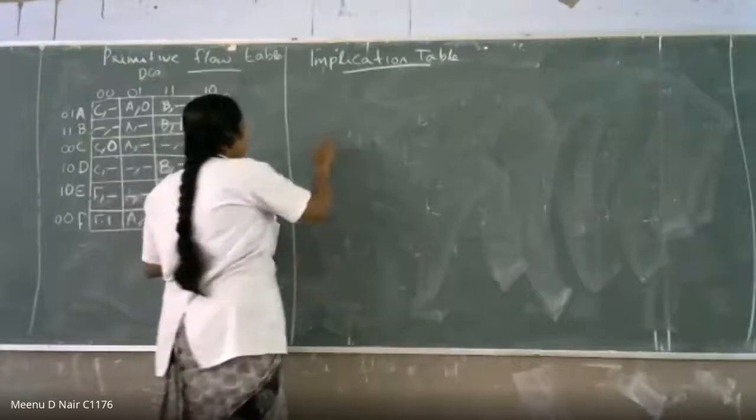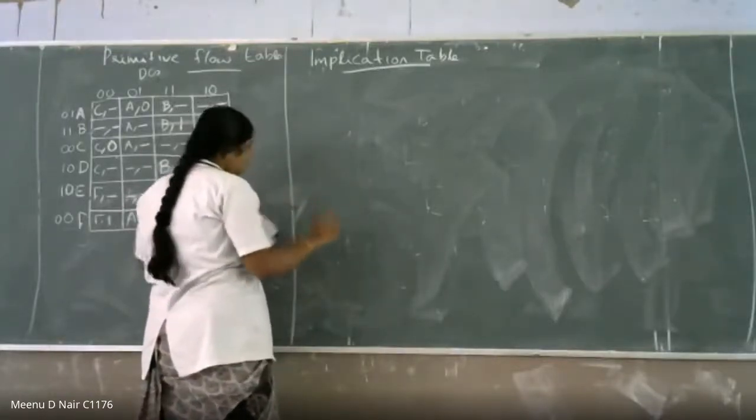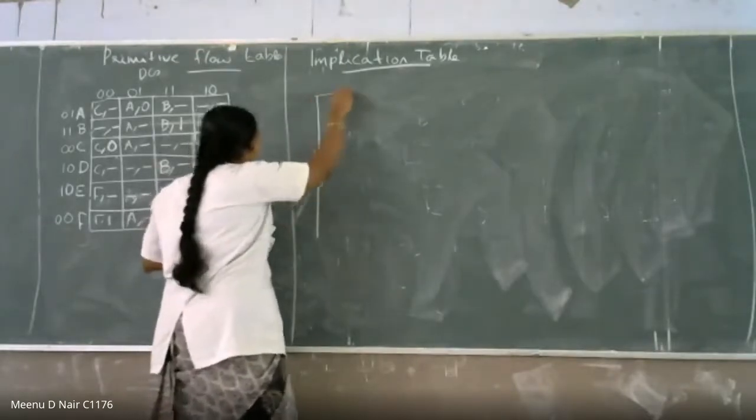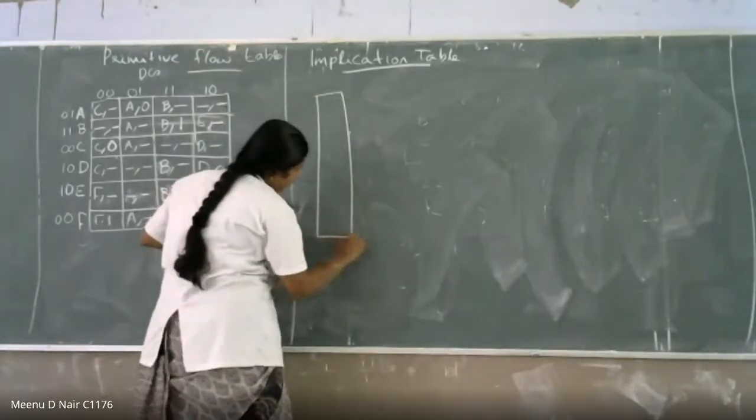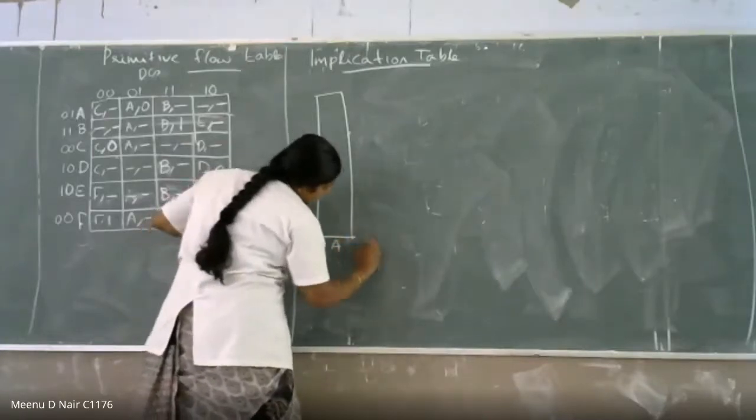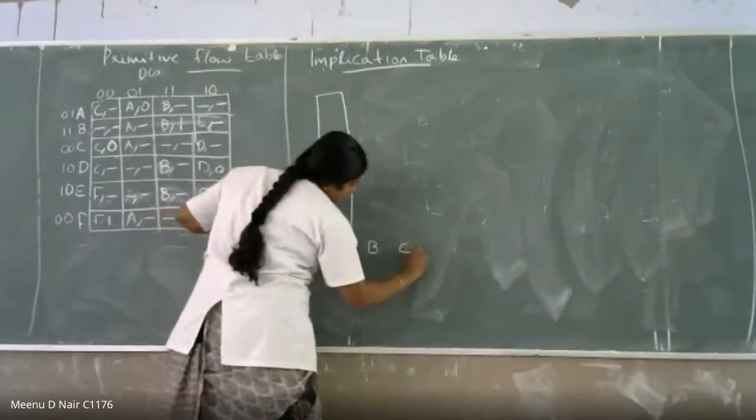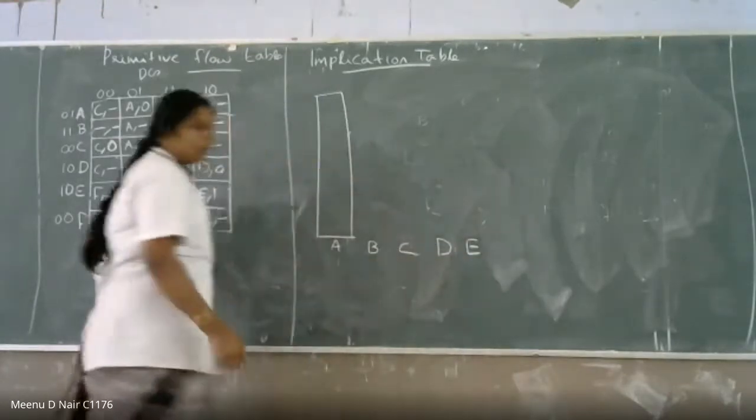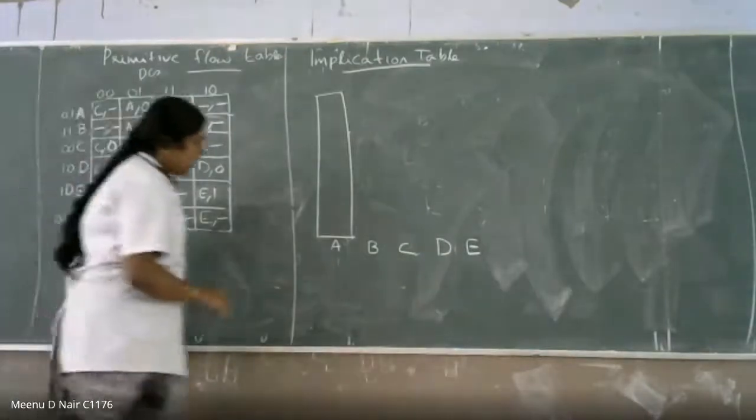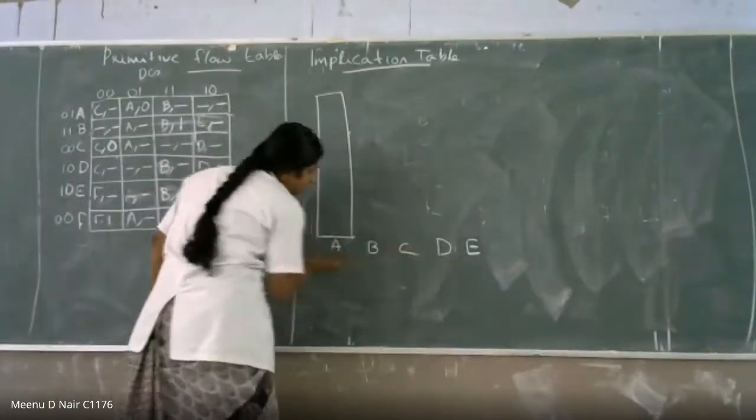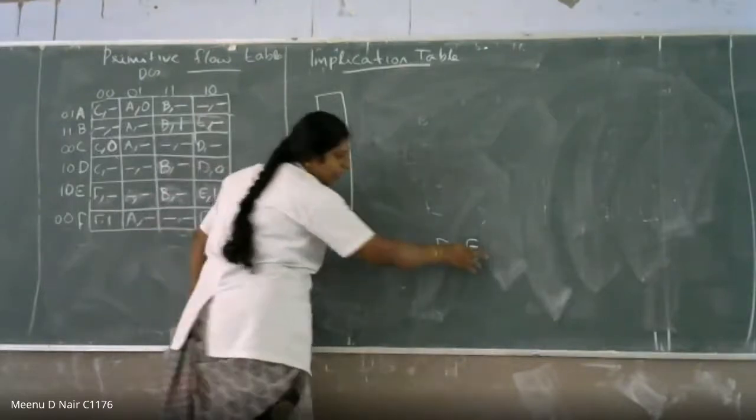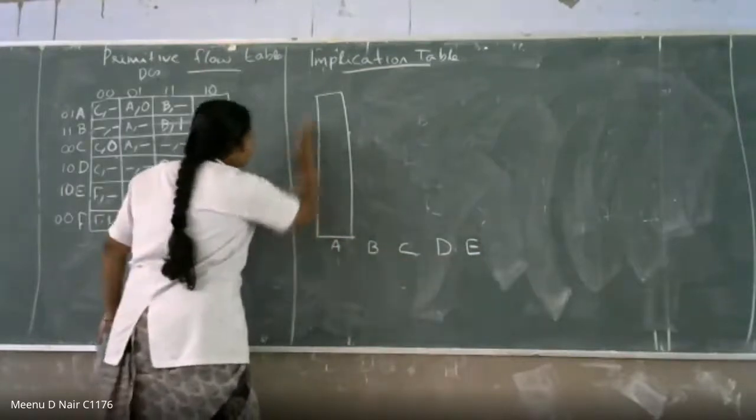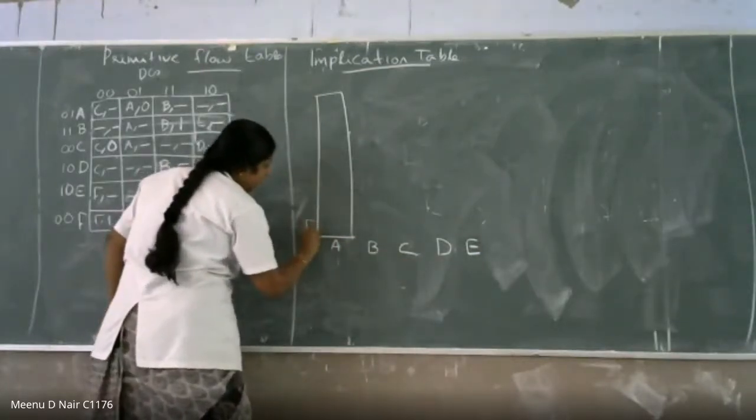So next is the implication table. What you have to do is, again, this is column wise we are putting. So this is A, B, C, D, E. Totally 6 to 8 will be there. In the row wise, you have to write it from A, B, C, D, E. Okay, you can omit F. But sorry, this is in the column wise. In the row wise, you can write F,